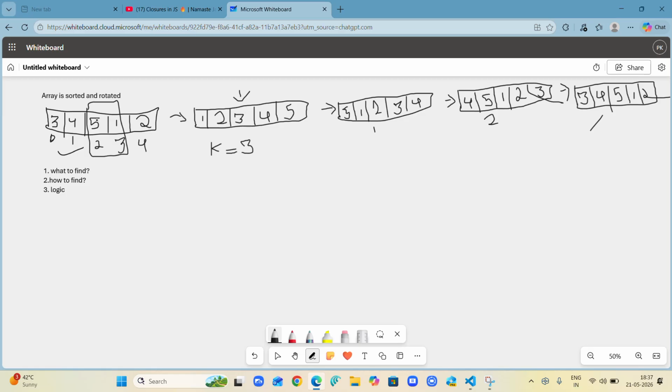So the third element and the fourth element is having a break. Suppose the array is... I'm trying to explain to you with a real example, because DSA is all about reality. Let me be very clear: when I started practicing DSA, I realized that these applications are applicable in real life also. So let me think of an example.